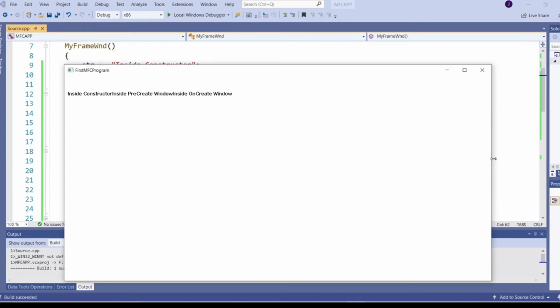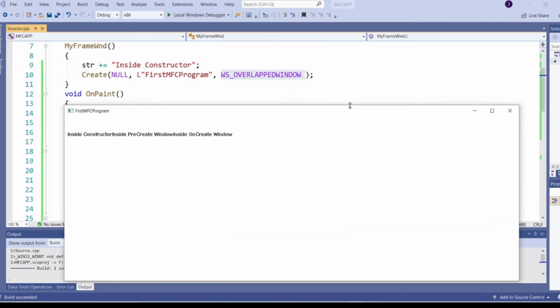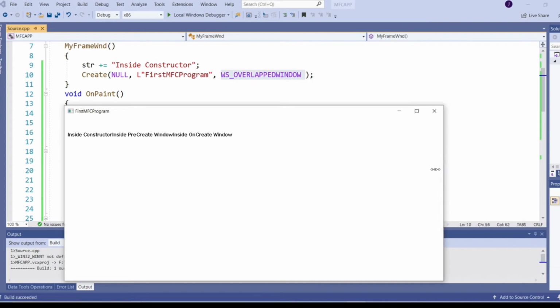My window is resizable. My borders are resizable, either vertically or horizontally. Now, I don't want this minimize and maximize button, and my window border should not be resizable. I want to have a fixed size window.